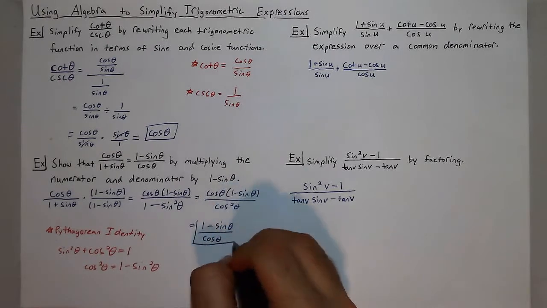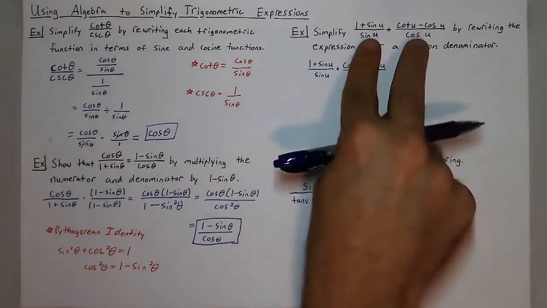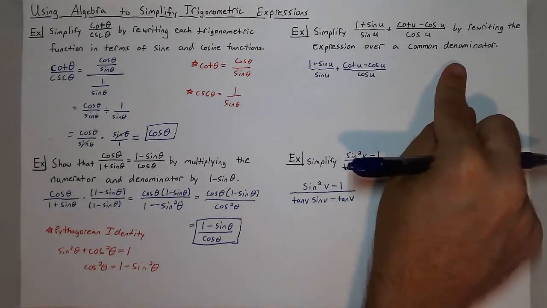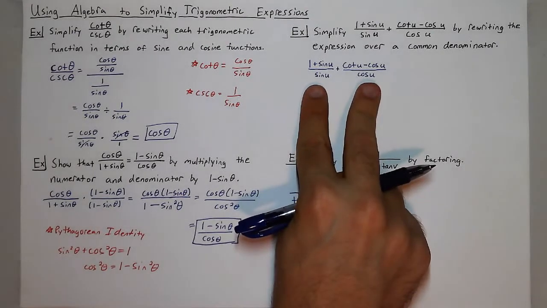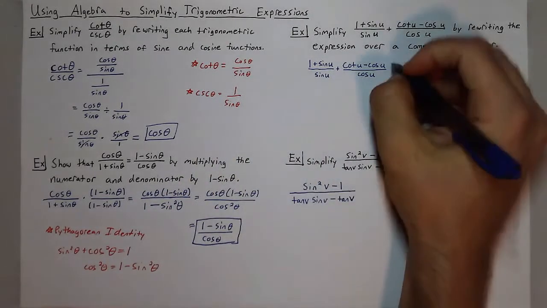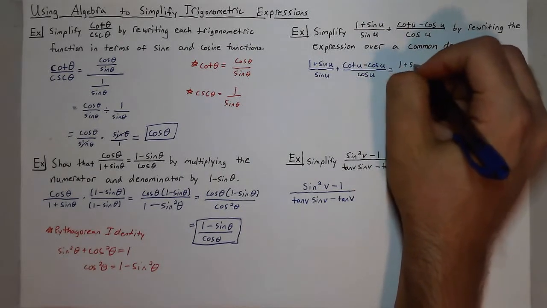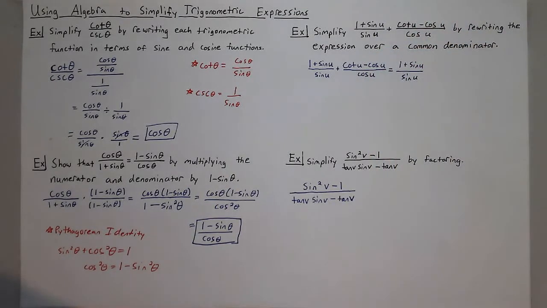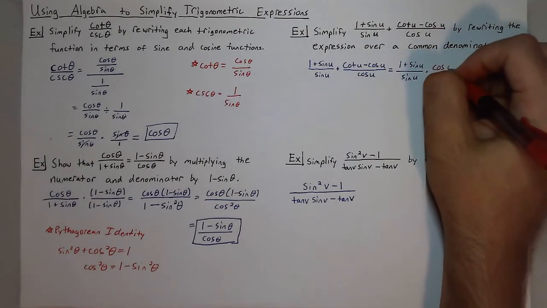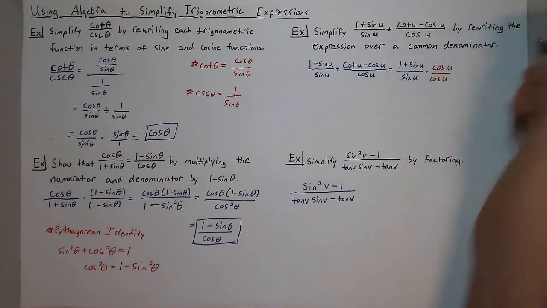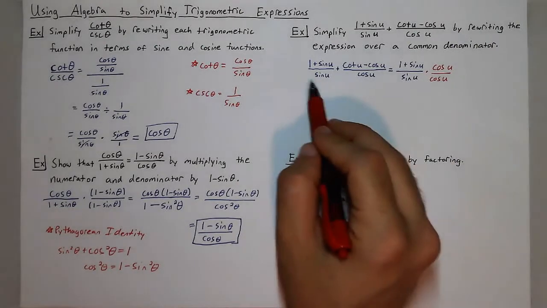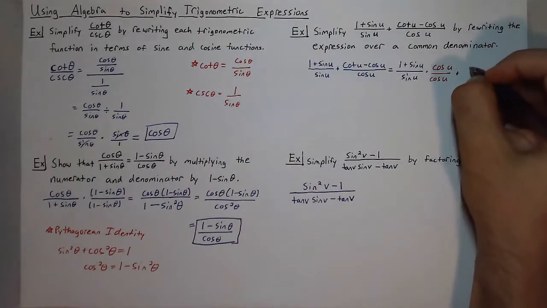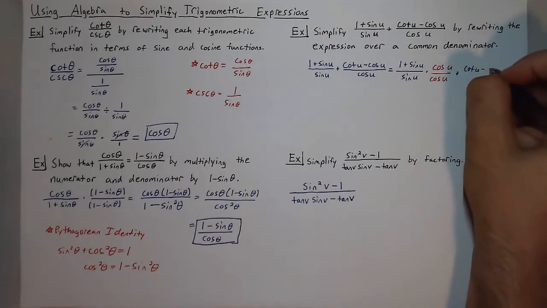Now next up, it wants me to simplify this expression by rewriting the expression over a common denominator. So sometimes we'll be given two expressions with different denominators, and just finding a common denominator can sometimes lead to a simplification. So in order to simplify this, I'll take 1 plus sine of u over sine of u, and I'm going to multiply that by cosine of u in the numerator and the denominator. So then now this denominator will be sine of u, cosine of u, and I'm going to do something very similar to my other denominator, because that's going to be plus cotangent u minus